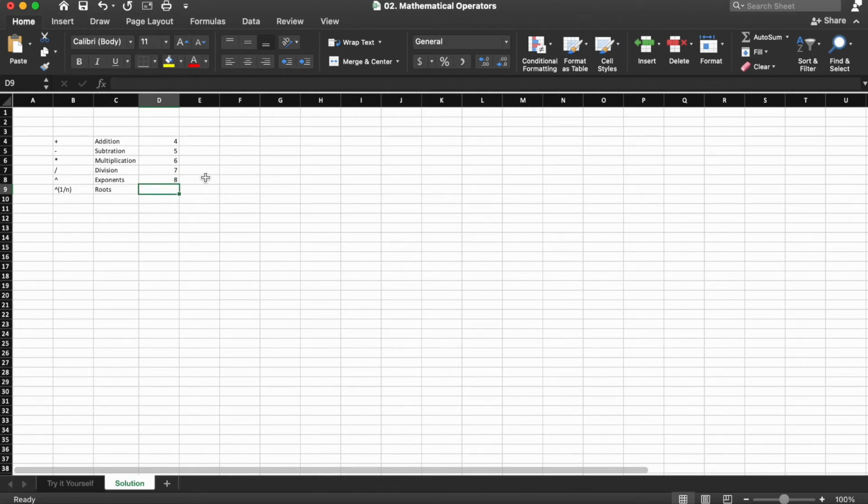Okay, moving down to D9. So we're going to use the caret symbol again, but again, if we go back to math class, we're going to do 1 over the nth power, or the nth root.